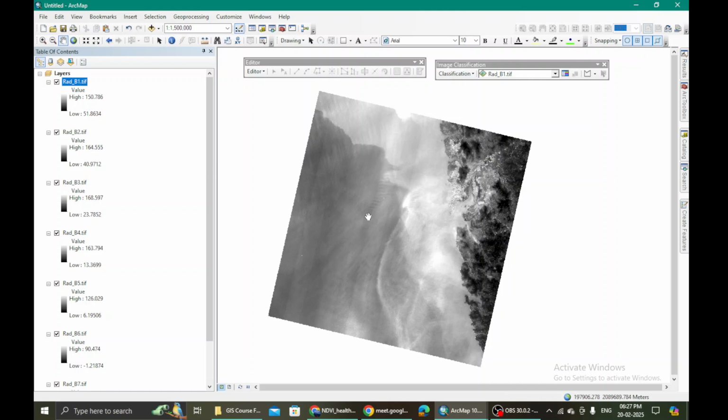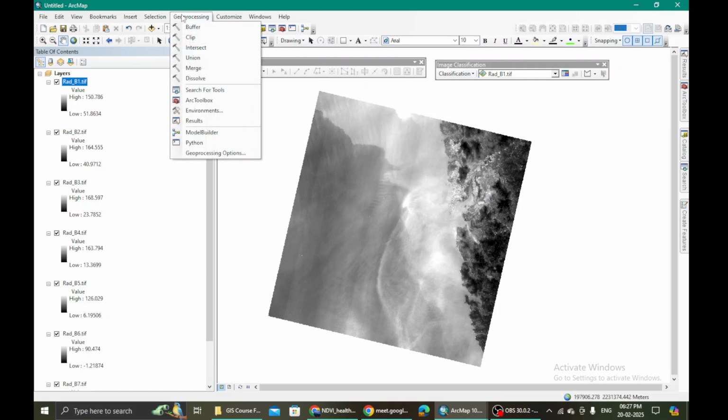Ma'am, actually there was an error when I clicked OK on that formula. What did the error say? You can go to geoprocessing, where there is results written.